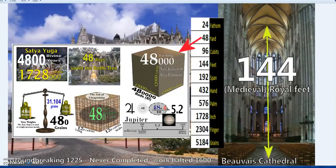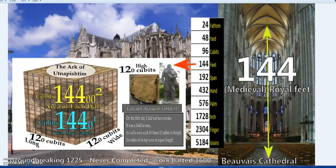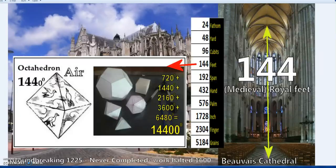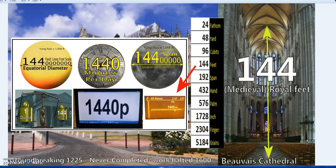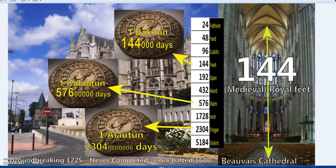So just as a quick indicator, because it's not just in cathedrals, you'll see it in all these ancient structures, so often that it's almost the exceptions to the rules. Some examples I previously thought were exceptions a couple of years ago actually just turned out to be that I was using the wrong unit of measure. There's a handful of small units of measure which will connect all of these sites, but also each of these sites will have a crossover point, so it's a harmony, a unity point between multiple sets of measure. But for the moment, sticking on the significance of 144 and all that comes with it,